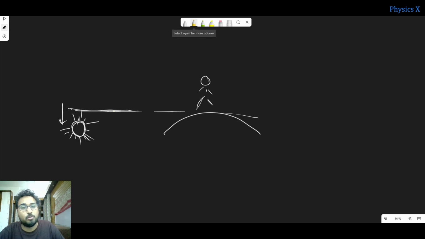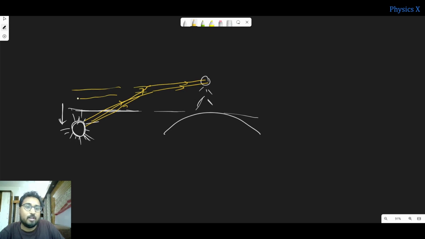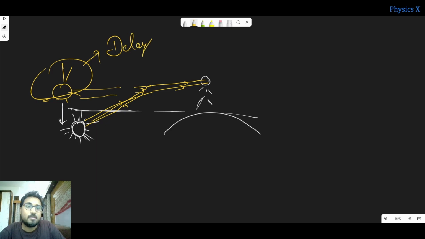But again, due to atmospheric refraction, suppose these are the rays of light traveling, and due to refraction they will be bending, and it will appear to the observer that the sun is still above the horizon. So this is a delayed sunset. That means there is early sunrise and delayed sunset due to this